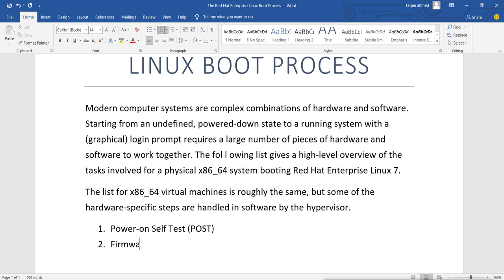Our firmware is our BIOS, which is encoded into the ROM chip. It is still not decided which operating system is going to boot. So the firmware searches for a bootable device.